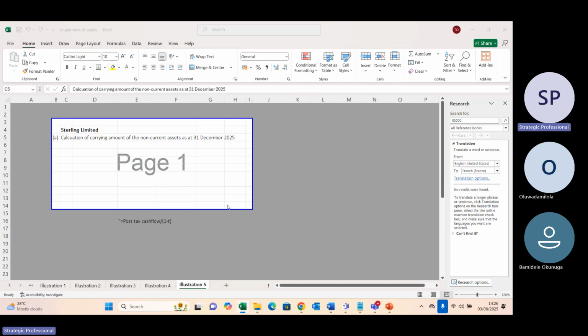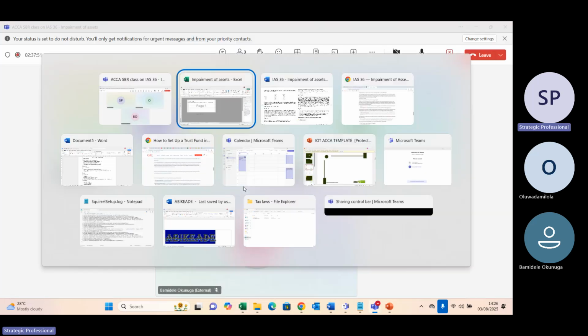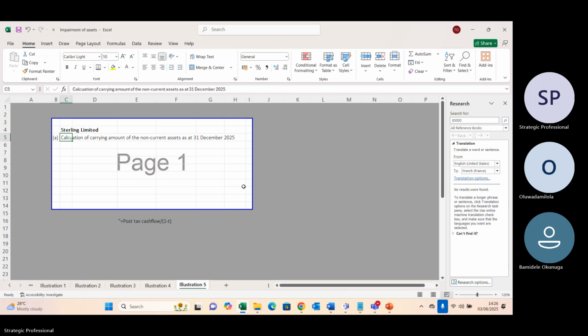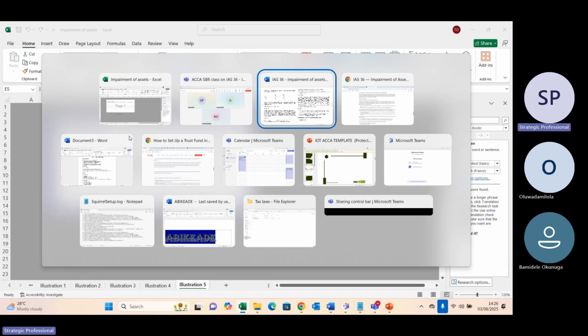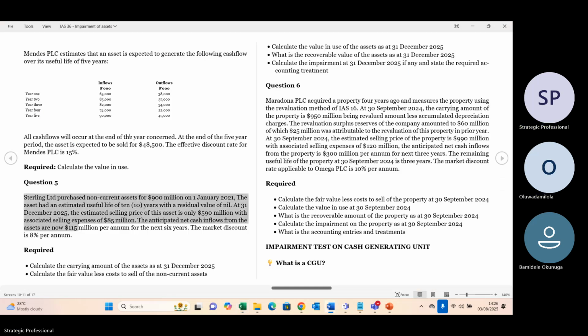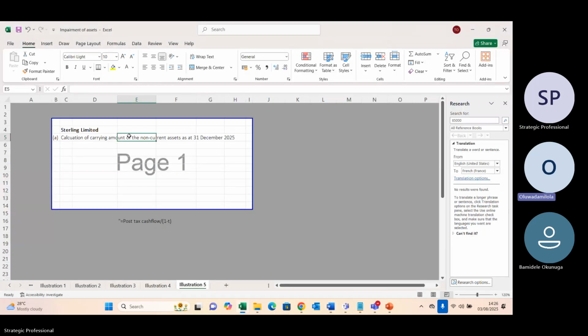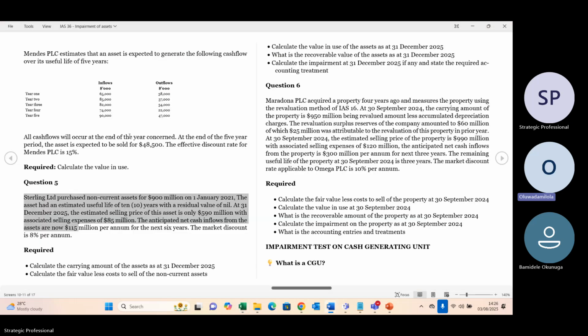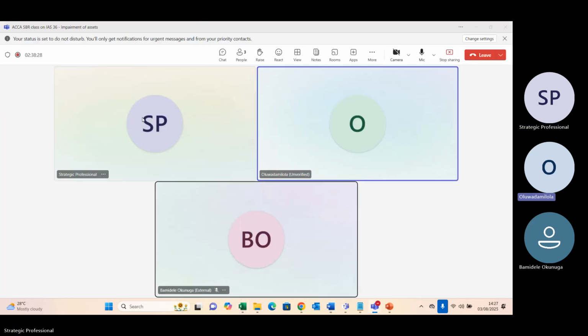Now, Madam Dami, if you recall, when we started this topic, I explained what carrying amount means. So please, can you just give me perspective on what it means? So we'll be on the same page. Just give me your own understanding. The way I explained it, how did you understand it? Yeah, I've gone to look into my notes. So carrying amount is the net book value, so cost less depreciation and any impairment losses.